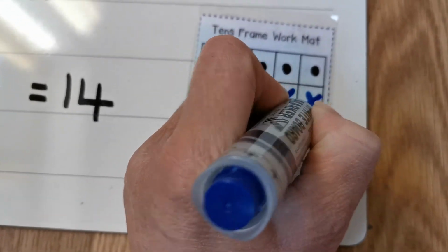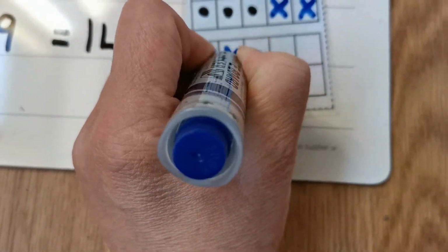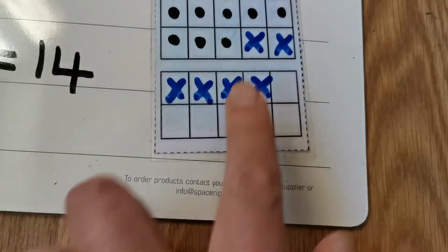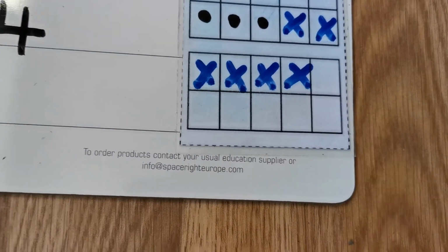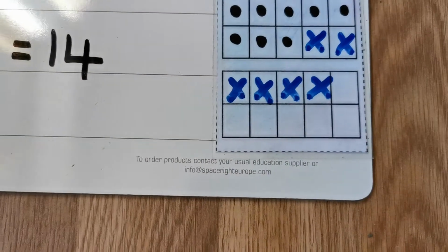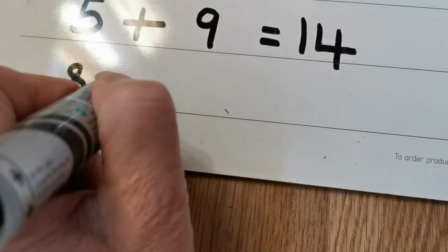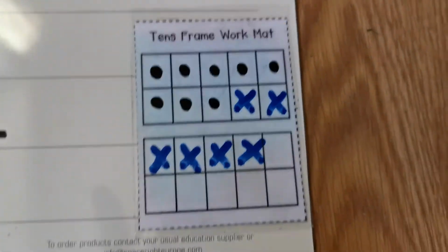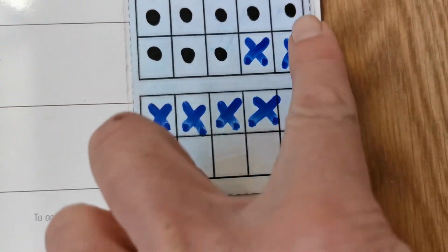1, 2, 3, 4, 5, 6. Just check. 1, 2, 3, 4, 5, 6. Now my tens frame is going to help me work out what 8 add 6 makes. So I'm going to write the number sentence on my board. 8 add 6 equals,